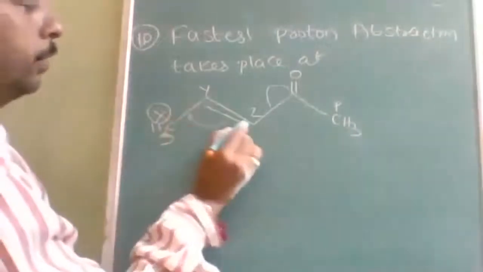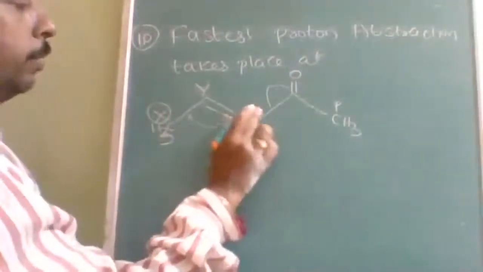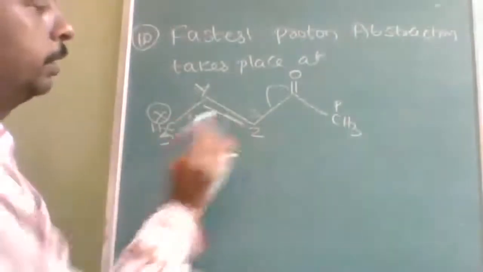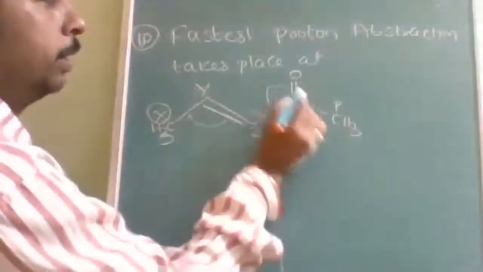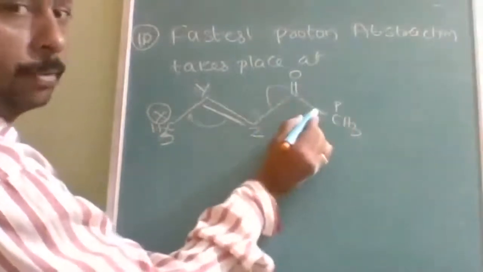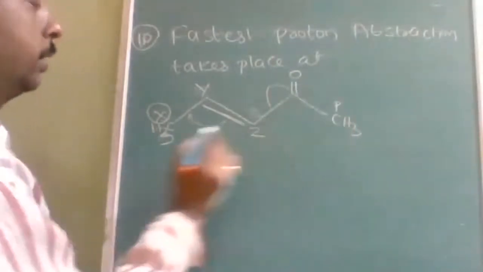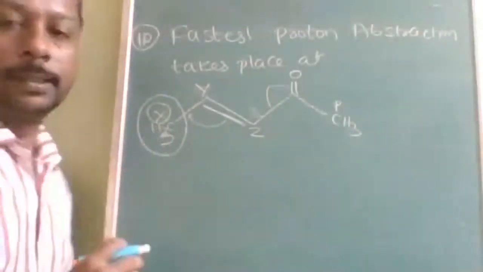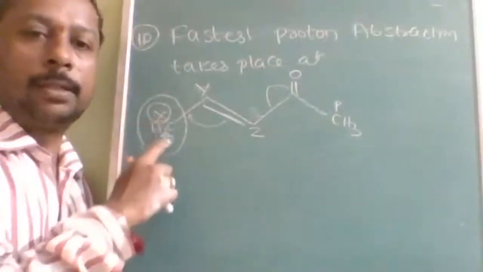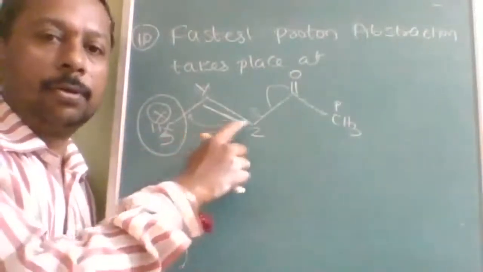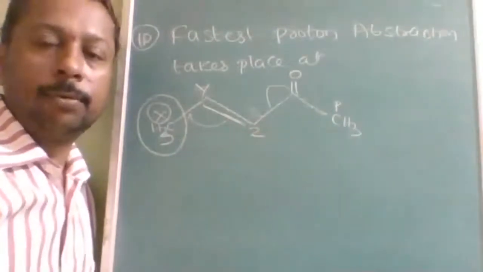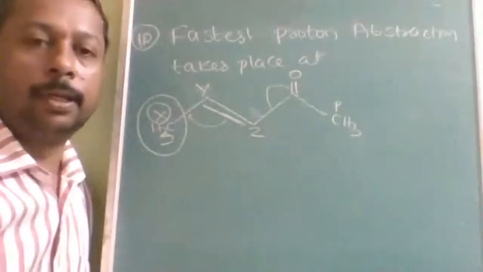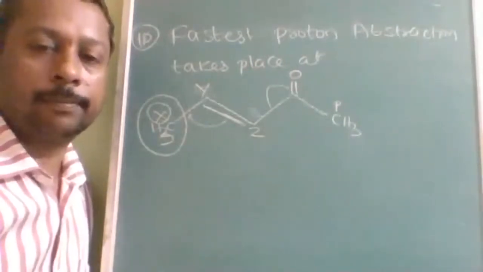Okay. This cannot be removed. Why? Because these are double bonded carbon atoms. Double bonded carbon atoms, what will they have? Bond length will be very small. This cannot be removed because of withdrawing nature. So the fastest abstraction will be from the carbon of X. Because after I remove X plus, this will be CH2 minus. So one more conjugation is improved. Conjugation improved, stability improves. That means loss of H plus will improve the stability, therefore it loses very fast.